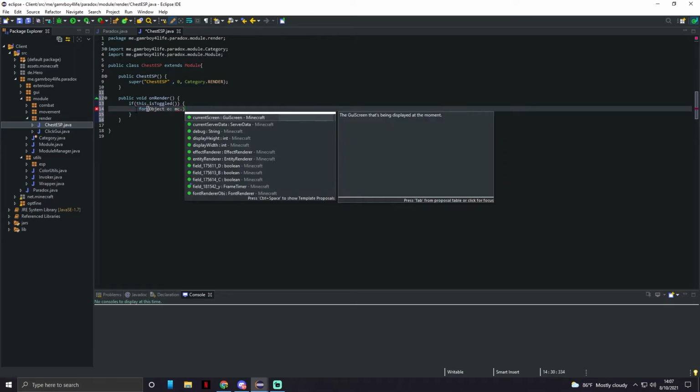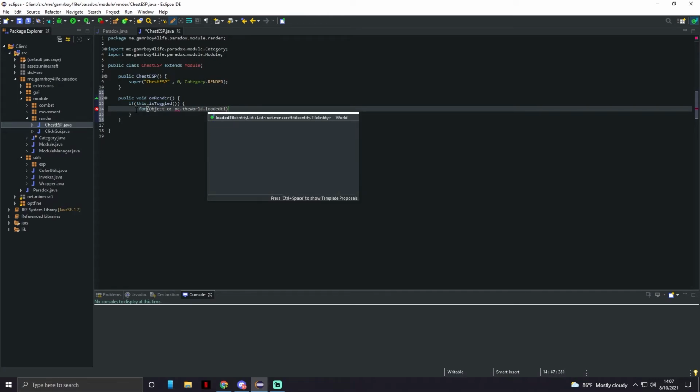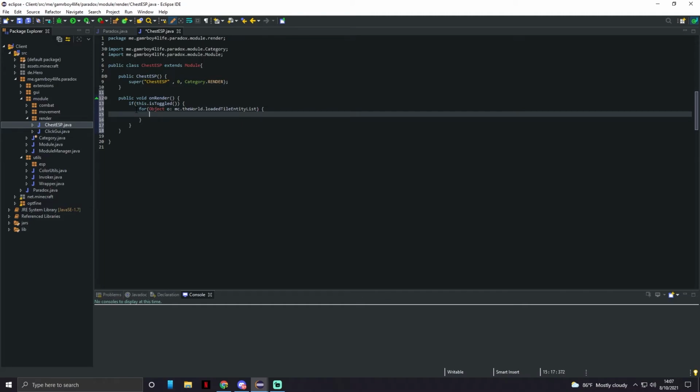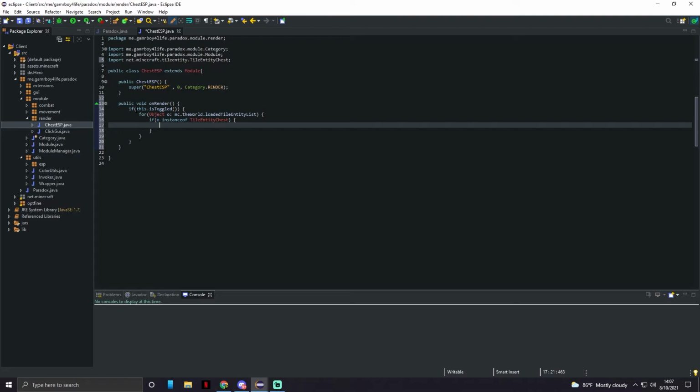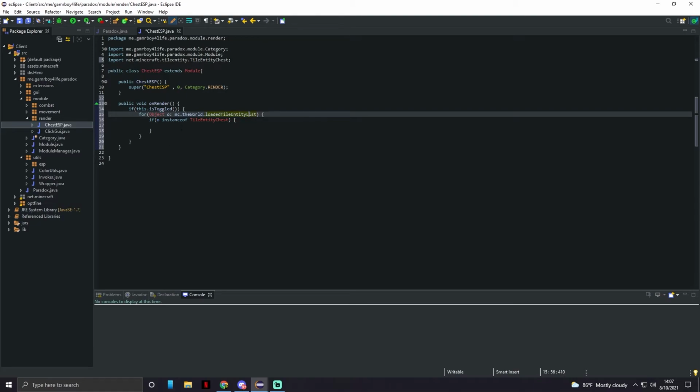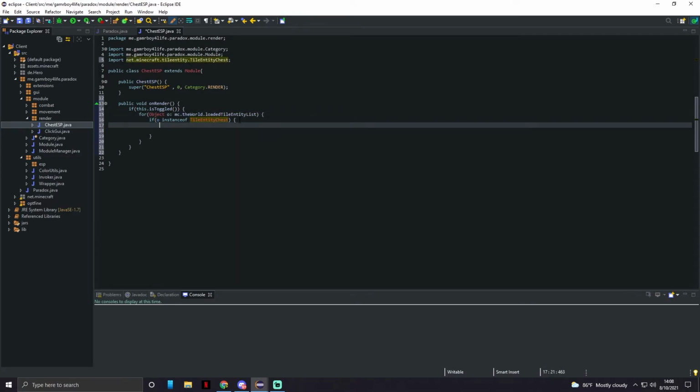mc.theWorld.loadedTileEntityList. And inside of here, we're gonna do if O is instance of TileEntityChest. So what this does, the object in this case is going to be chest. It's pulling from the loaded tile entity list. So if O is an instance of chest, I'm trying to explain what this does. It's basically going through all the loaded entities inside of your Minecraft world, and if it finds something that has the label chest, we're going to set it so it does chest